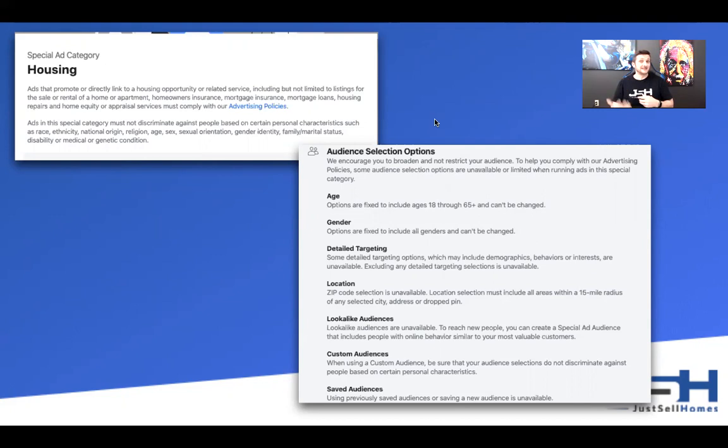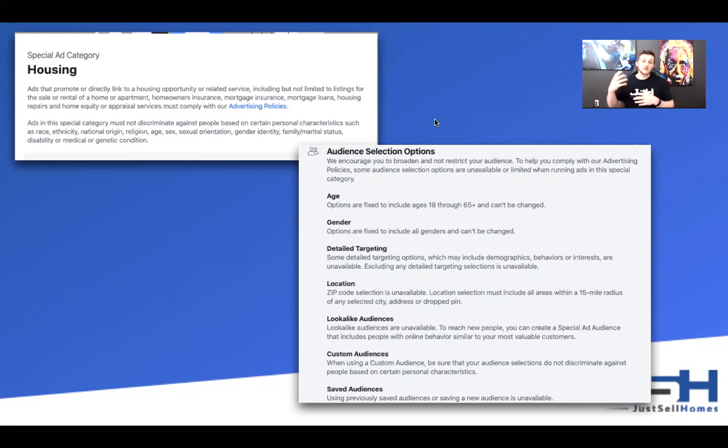Now it still might get disapproved by Facebook, because their algorithm still thinks it might be a home for sale. So in that case, you just have to appeal a couple of times. And if you're ever getting caught on the custom audience thing, because you're advertising a guide on how to prepare your home for sale and the term home for sale is triggering the disapproval,